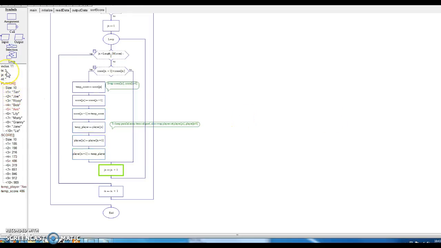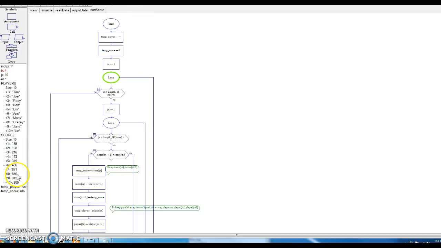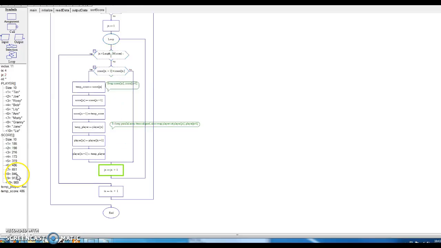So I'm watching this iterate again. So this is my third pass, IX is 3, and this allows me to step through all the elements. So in this case, 846 is iterating. And we'll see